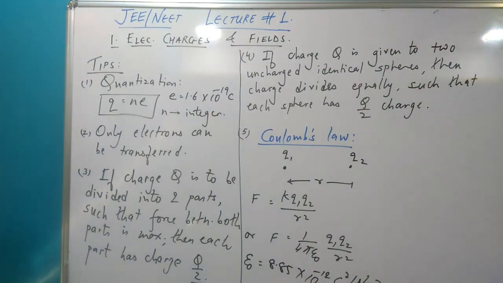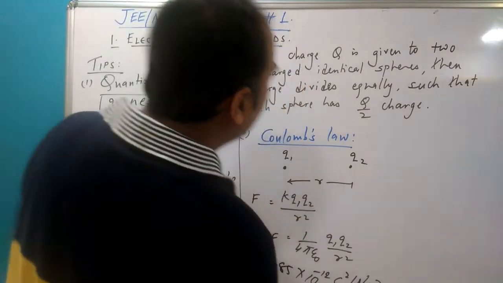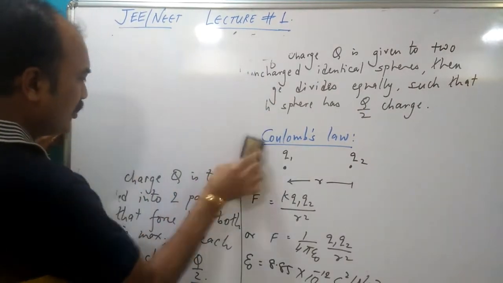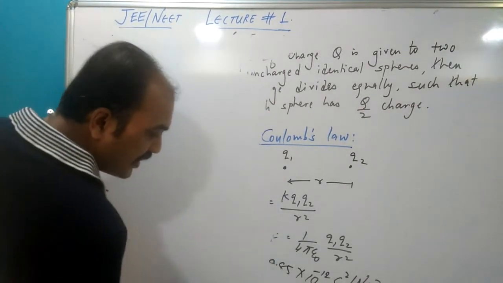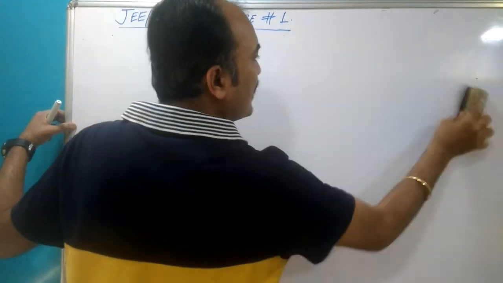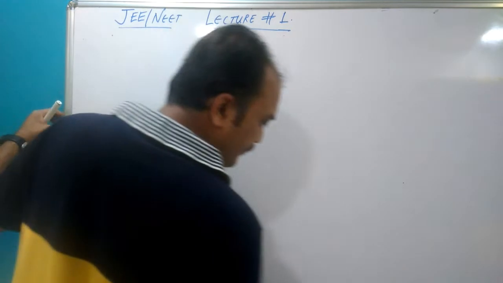But let's raise the question now. Now we are moving on to more technical ideas. What if both charges are not placed in air? What if there is a dielectric medium of constant K between them? What would happen then? Let me tell you. So if both charges Q1 and Q2 are placed in a medium, not in air, in any other medium having a dielectric constant K, then